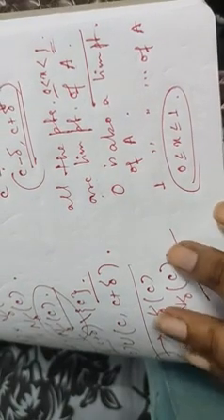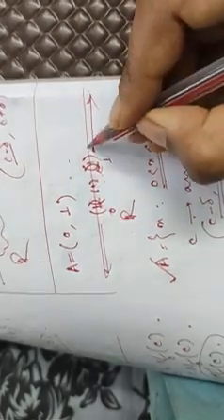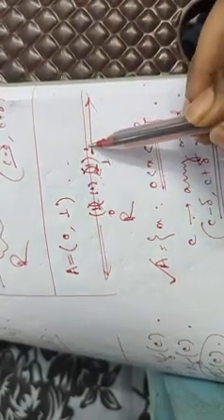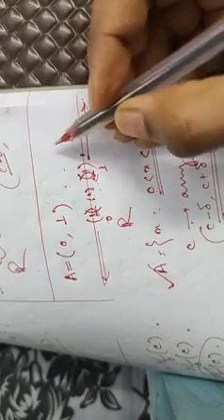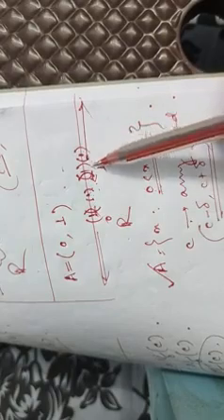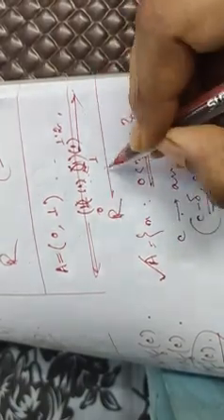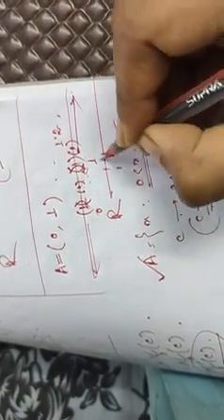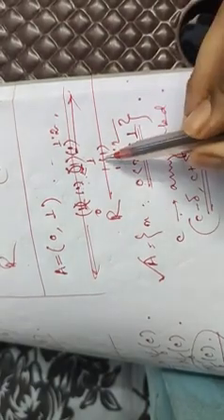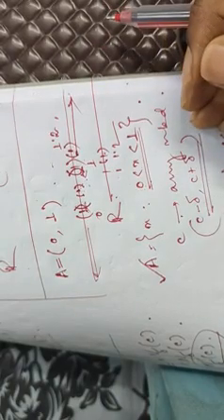And what about the other points which are not included there? Suppose on the right hand side of 1 or on the left hand side of 0, we take any point, 1.1, 1.2, 1.22 and so on. Then we will obviously get at least one neighborhood where there is no point of A. Suppose I choose the point 1.2. This is 1 and this is 1.2. If I choose this neighborhood, there will be no point of the set A. So this cannot be a limit point of A.